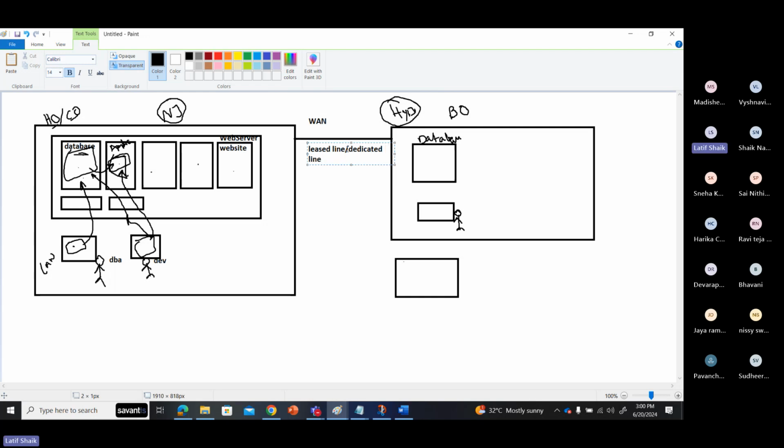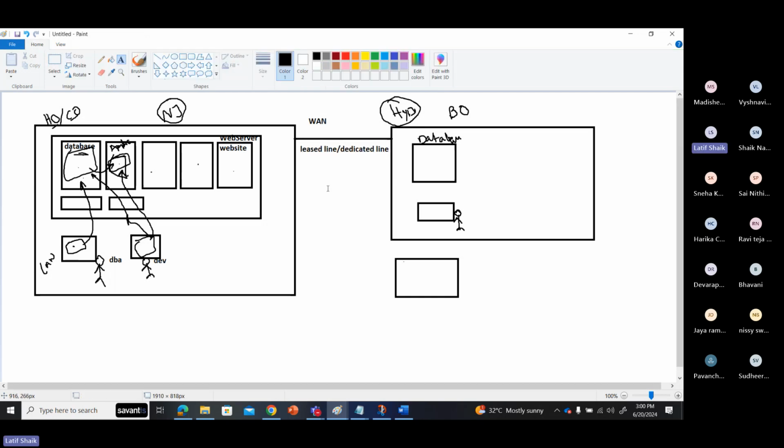What that means, guys, is that in New Jersey our office is connected to an ISP. Really, we don't put one single wire from that network to this network. We cannot put one single wire from here to there.